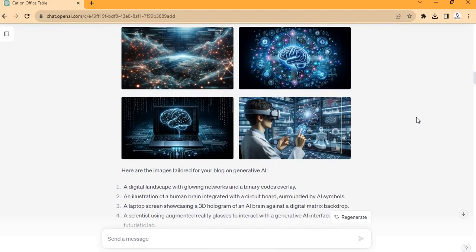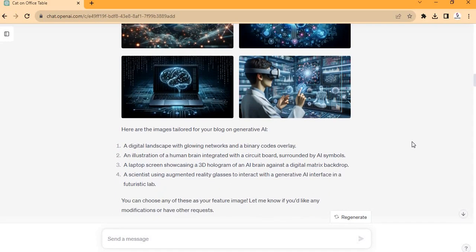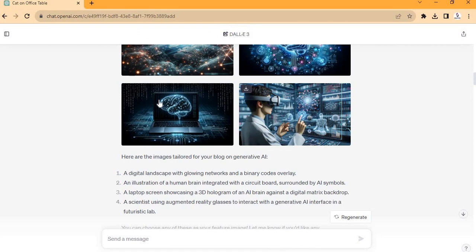And then there is a third image, a laptop screen showcasing a 3D hologram of an AI brain against a digital matrix backdrop. And then the fourth is a scientist using augmented reality glasses to interact with generative AI interface in a futuristic lab. Okay, I thought I liked this image the best, but I wanted to add some text